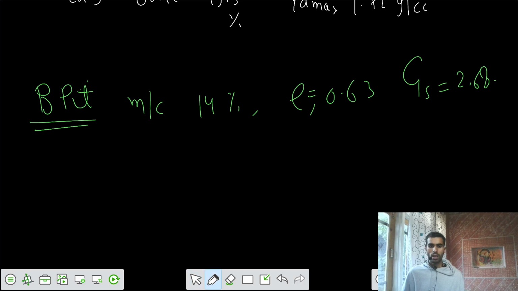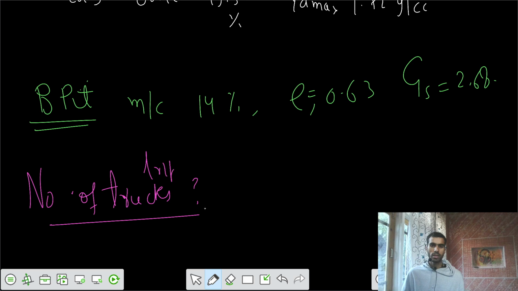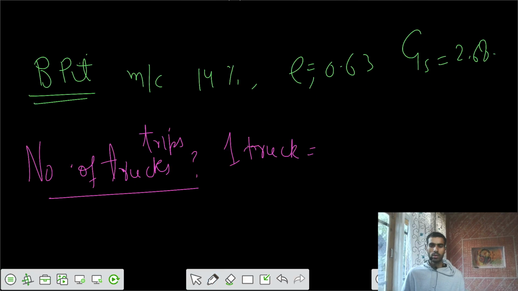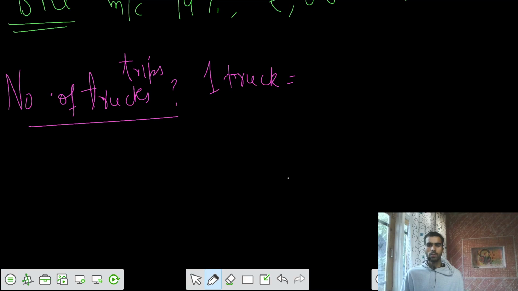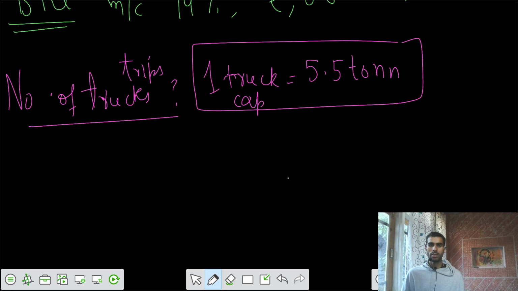Now we need to find the number of trucks required, or the number of trips we can say. If one truck capacity is that it can transport 5.5 ton of soil, this is the one truck capacity. This much weight of soil can be carried in one trip. So we need to calculate the number of trips or number of trucks, and we also need to solve for the quantity of water